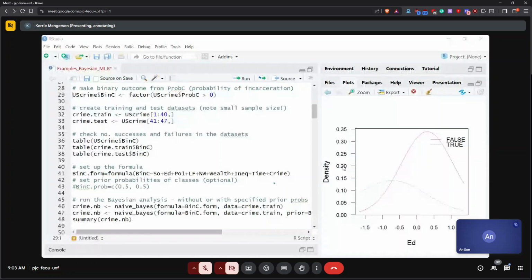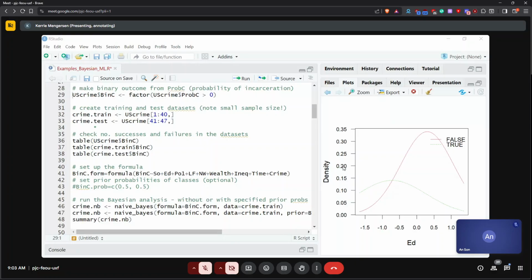So what you can see here is what I've done. As you saw before, we're going to use the crime data set, the US crime data set, and I've made a new variable called binomial, the binomial probability of incarceration.